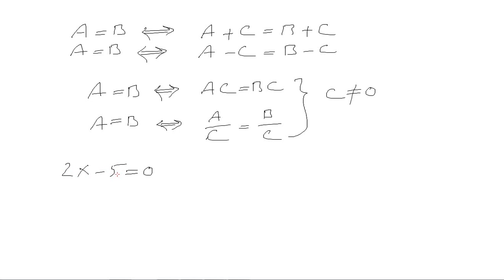I can add 5 to both sides of this equation, and then I will have 2x minus 5 plus 5 equals 0 plus 5. This way, the negative 5 and 5 cancel each other, and I am left with 2x equals 0 plus 5